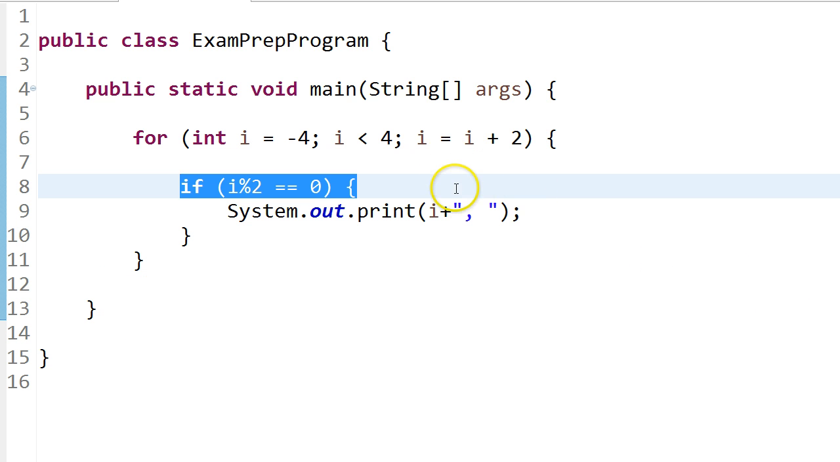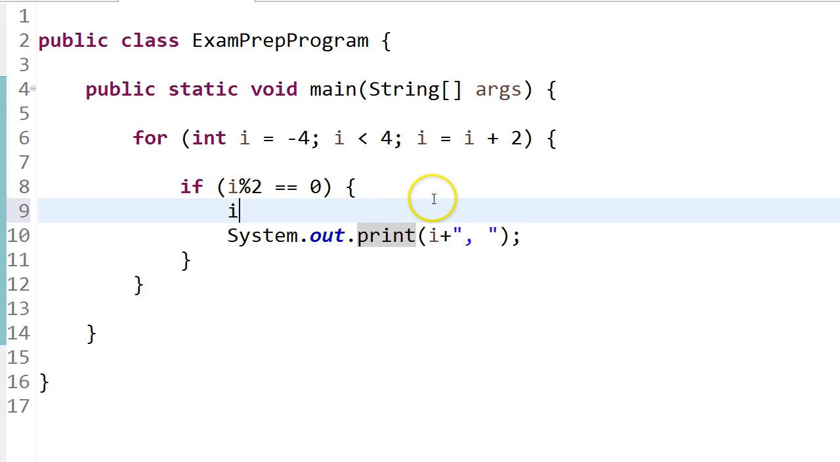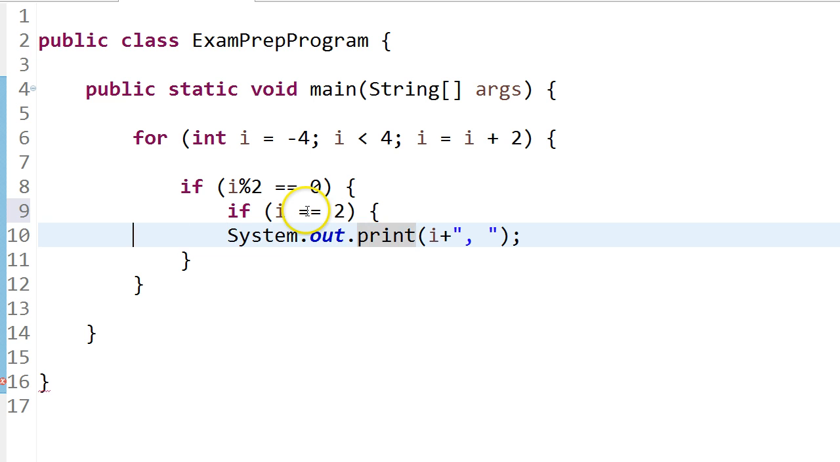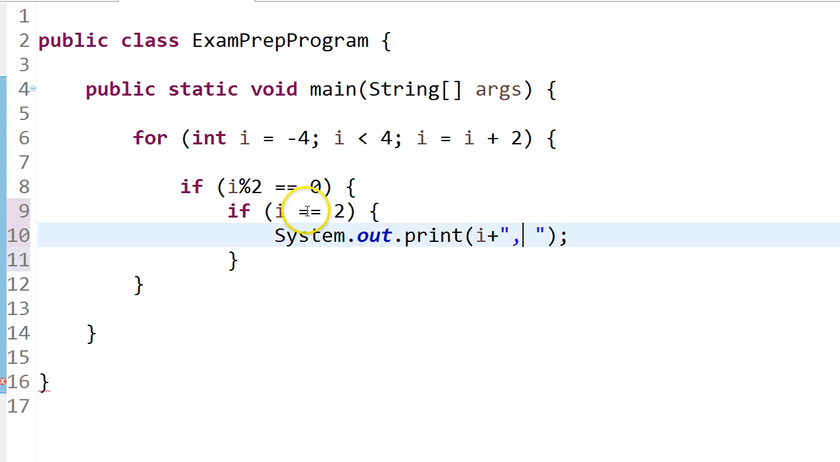So what I need to do is, because every time I print out I followed by a comma, I simply have to put this output inside an if statement. And the if statement is just going to check if it's the last value in the loop. So if I look at this, I know that the last value in this loop that is printed is +2. So I'm going to say if I is equivalent to +2, I'm only going to print out the I. Else,